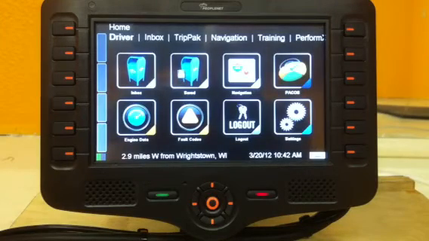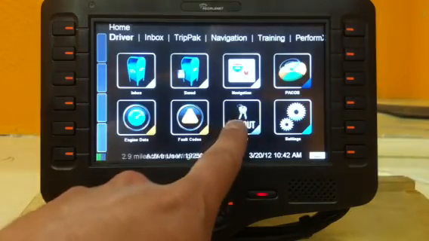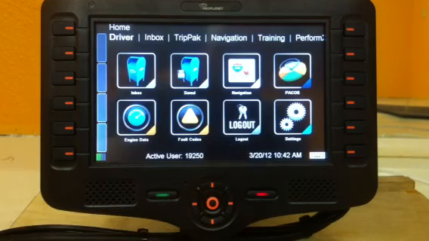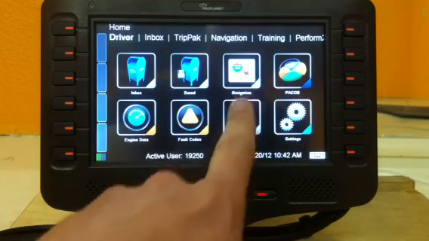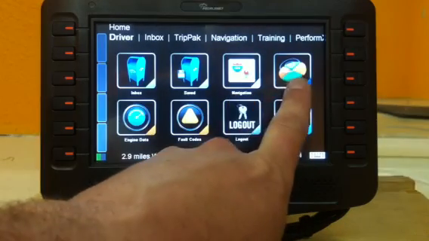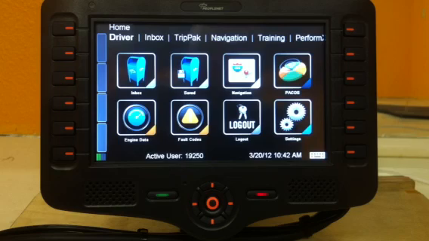And the log out screen will do just that. It'll ask you if you want to log out of the system. If you do that, you'll have to log back in to get in. We already talked about the settings. So now we're going to talk about navigation and Pecos. On the navigation,